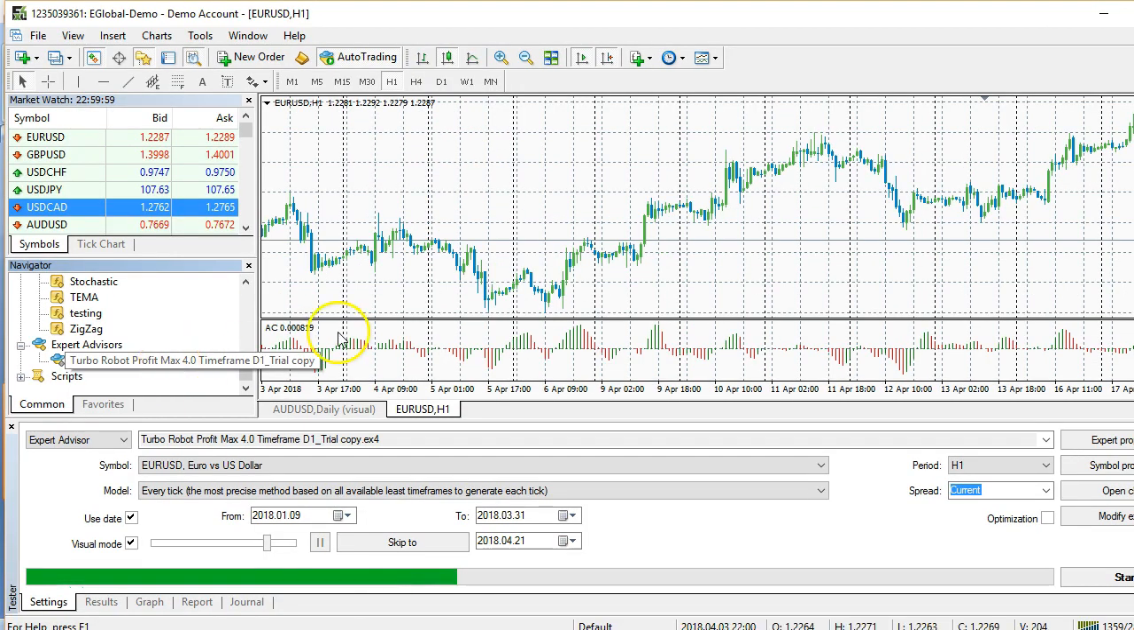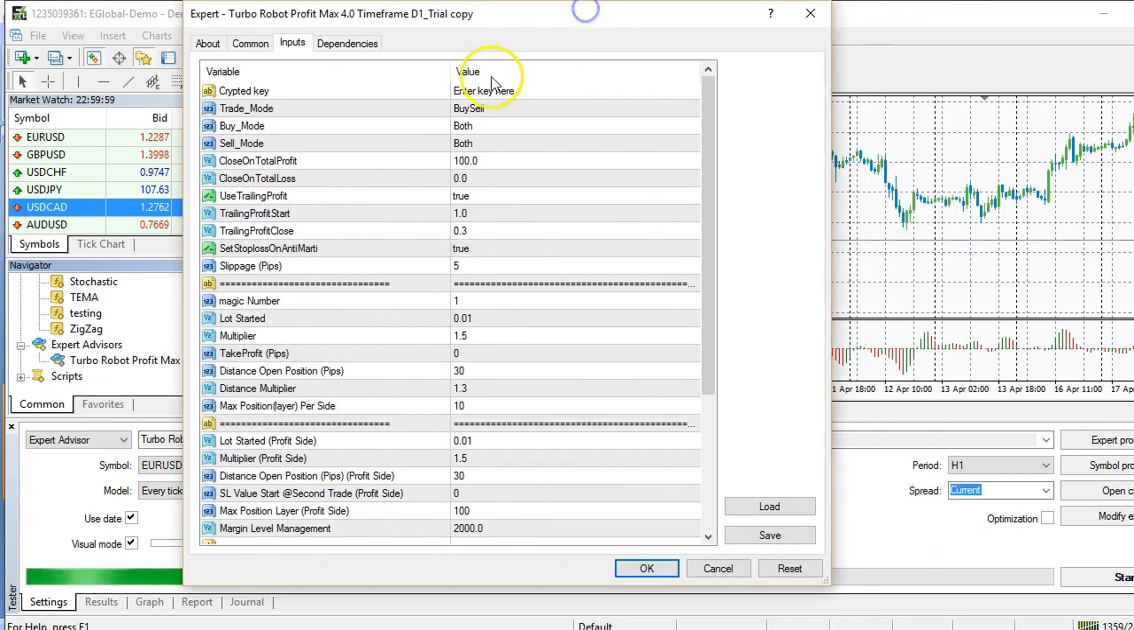Then you drag your robot to the currency pair that you want. So make sure to enable this auto trading mode. Normally it is in red color, so make sure it's in green. Alright, so if we drag this, the next thing is you have to drag this, and then